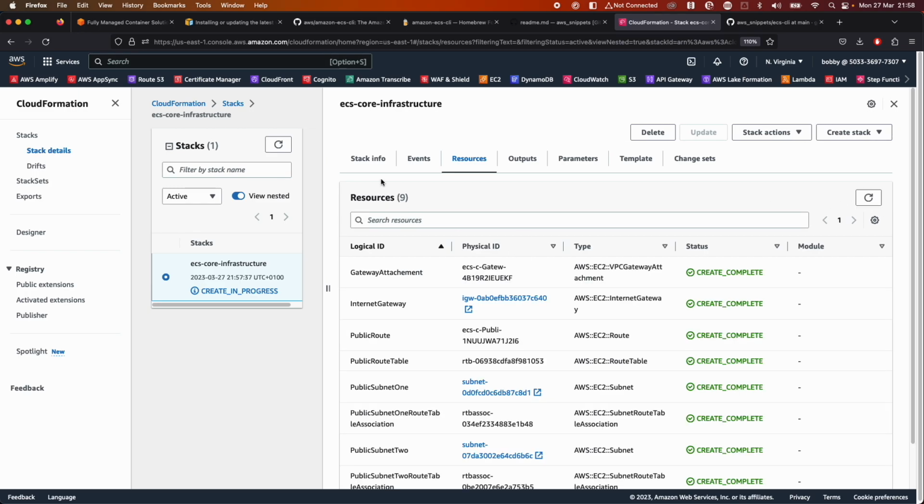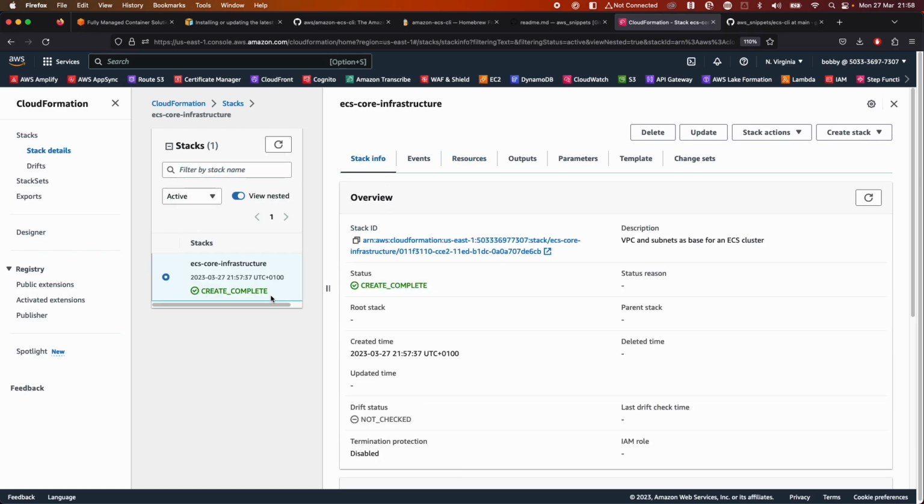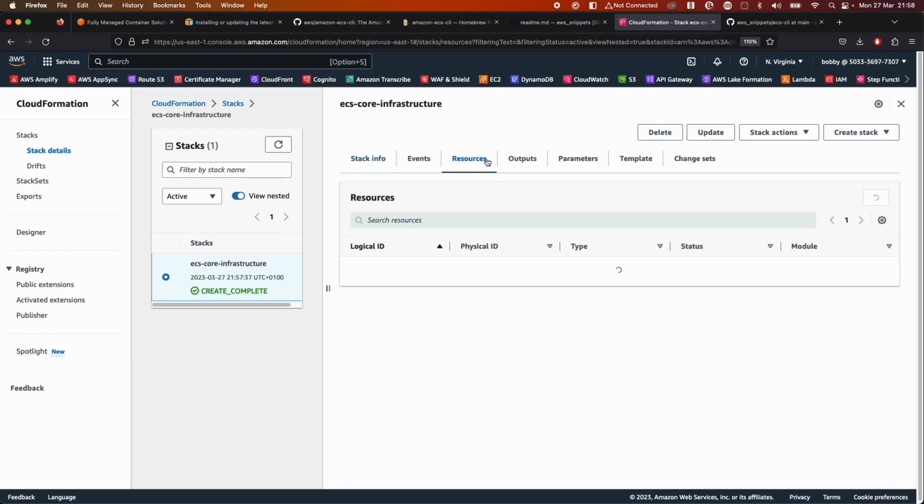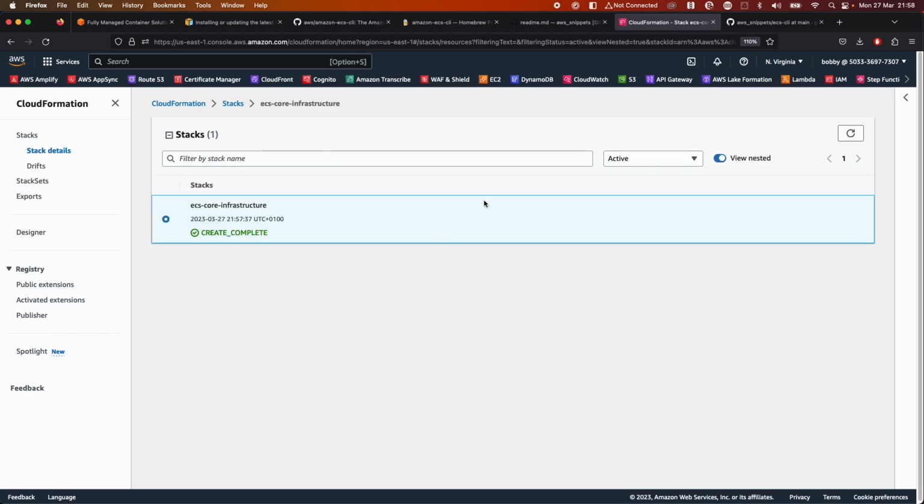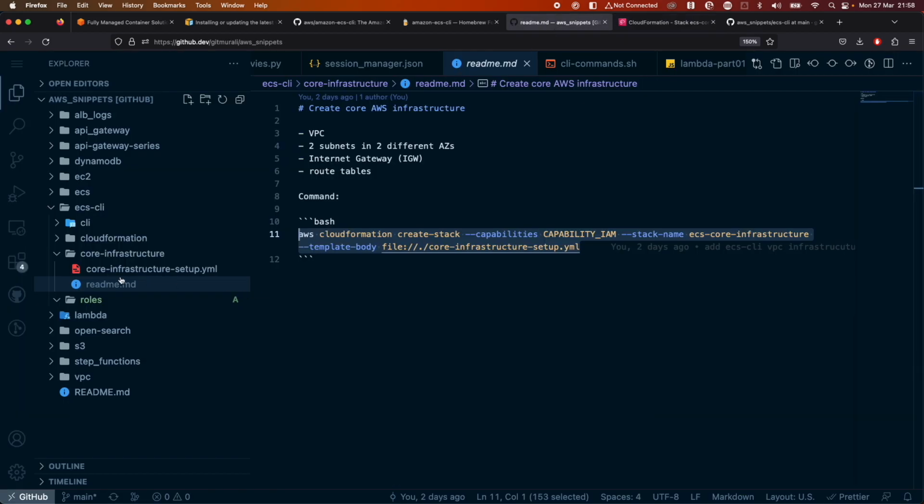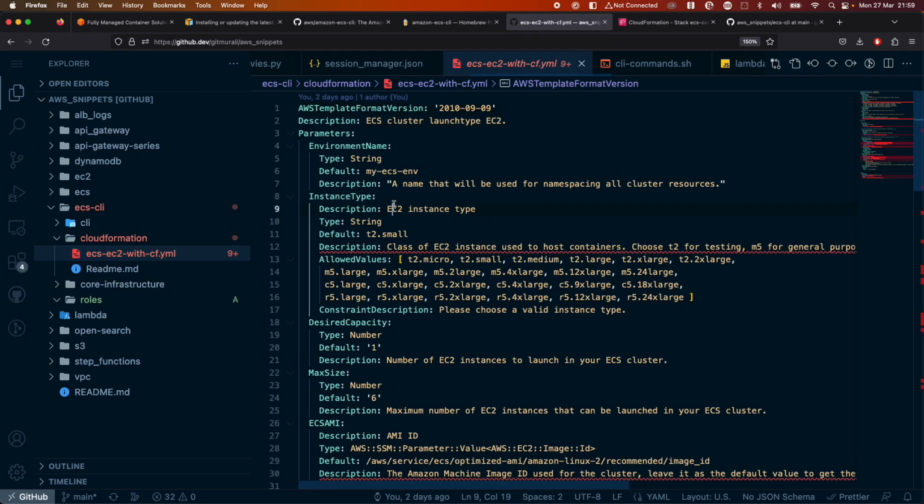Refresh a couple of times and go to stack info, or refresh here. You can see now our infrastructure has been created, our ECS core infrastructure, right? It has also provisioned all the resources that we need for our demo. So now the VPC is ready. What is the next step? I will go back to my code. We have created this core infrastructure, and I will be using another directory where I have created another